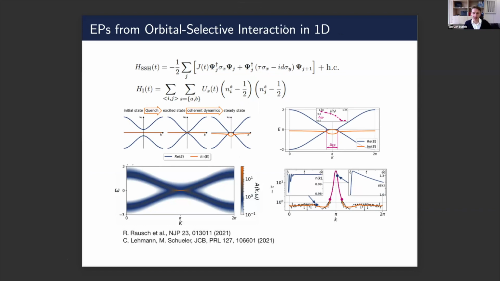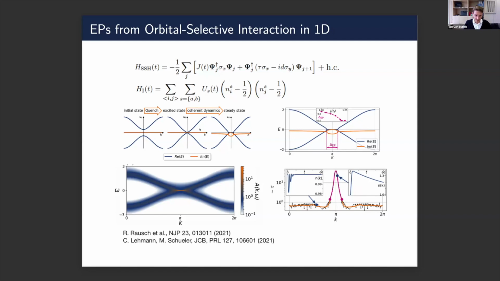So now let's look at this one-dimensional system. We have a concrete microscopic model system here, where the ingredient, which in the end gives this interesting matrix structure to the self-energy, is just a sublattice-dependent interaction. So you can think of one strongly correlated orbital, which is your A sublattice, and a weakly correlated one, which is your B sublattice. And then, of course, scattering rates will also depend on sublattice in the end. And this will give, in this AB sublattice space, an i times sigma z structure to the anti-Hermitian part of